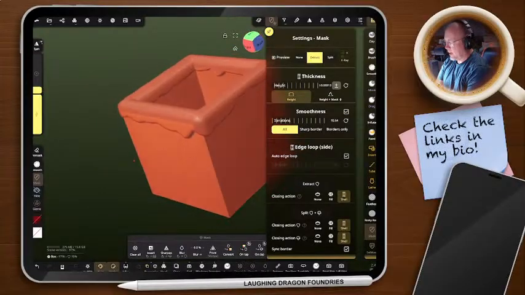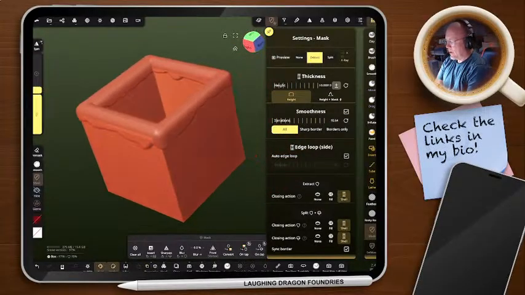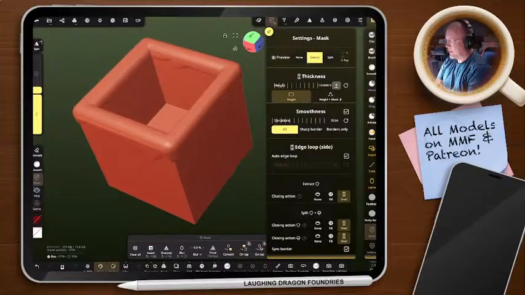So, again, if you're interested, let me know, and I'll see what I can do about organizing some sort of a formal teaching series. I was learning Procreate